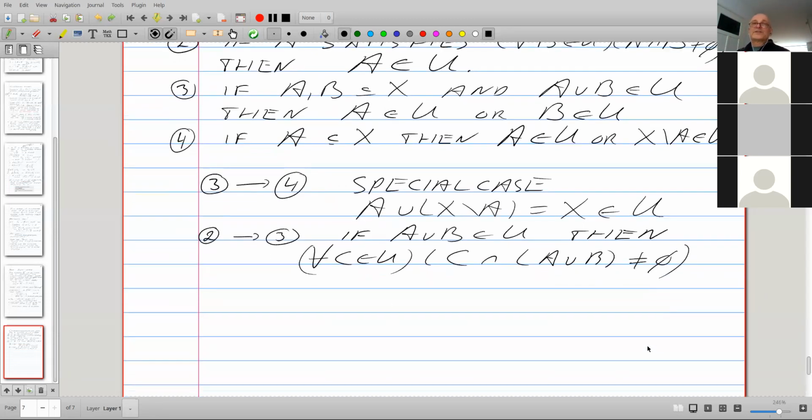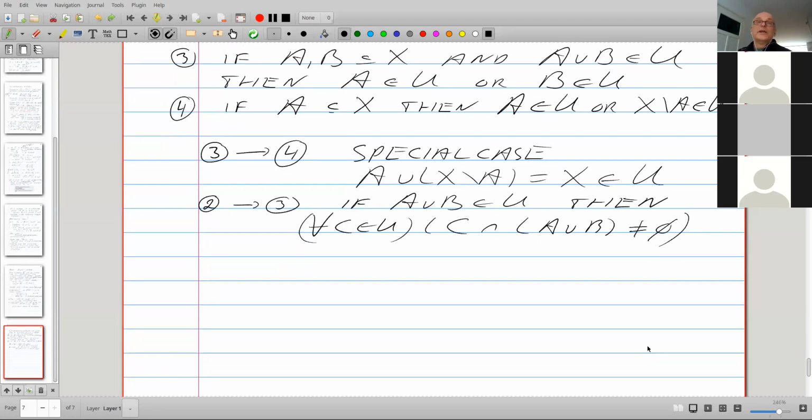Okay, if you have two sets whose union belongs to U, then we know that for every member of U, the intersection with that union is non-empty.